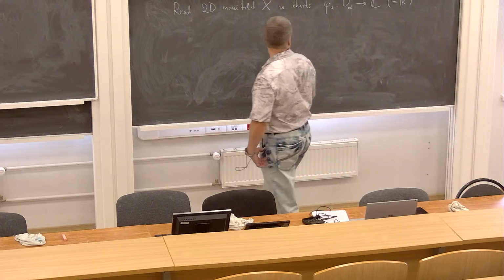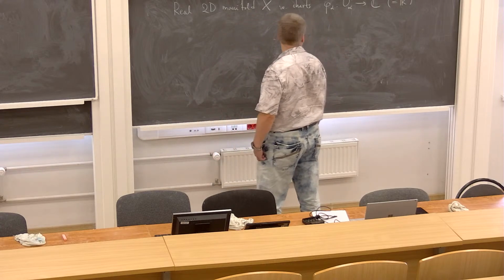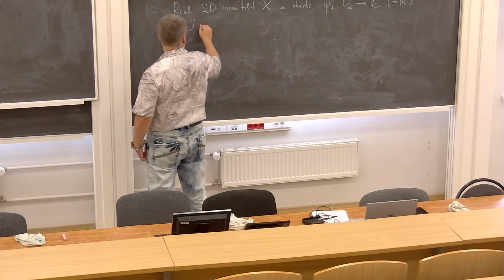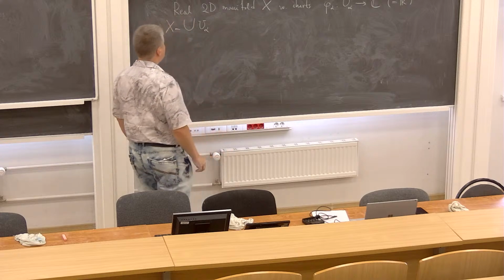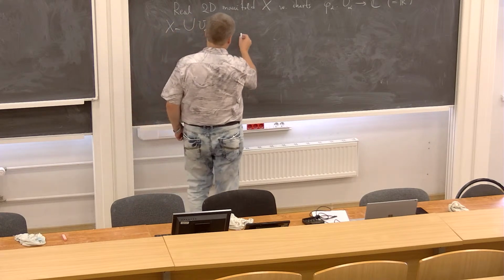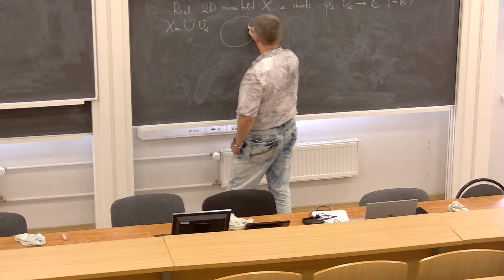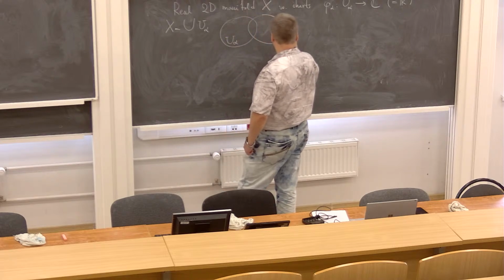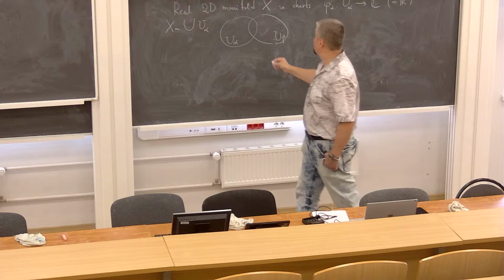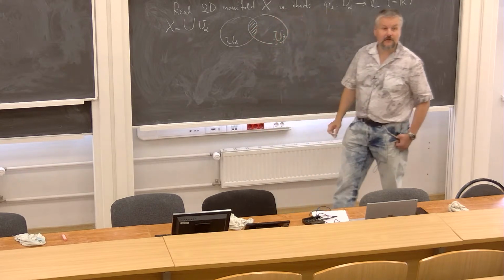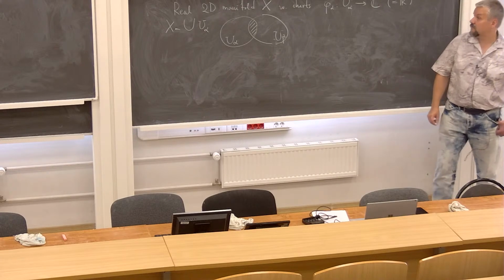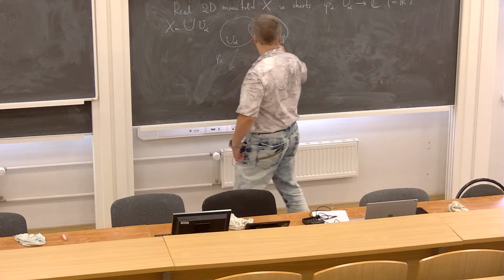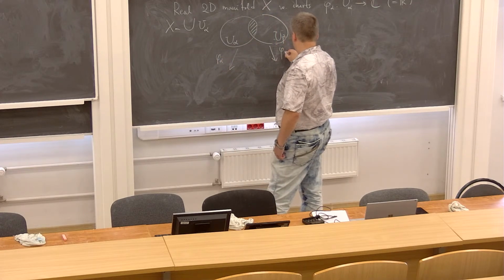That means that U alphas form some open cover of X. X can be written as a union of those U alphas. And if U alpha happens to intersect some U beta, then on the intersection we have two different coordinate charts. One is phi alpha, another is phi beta,